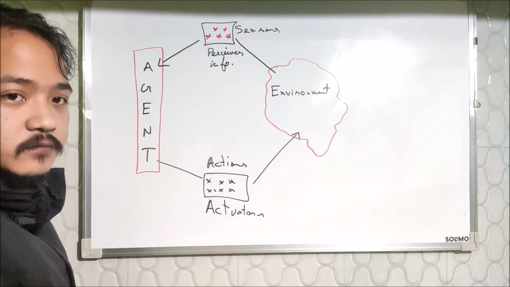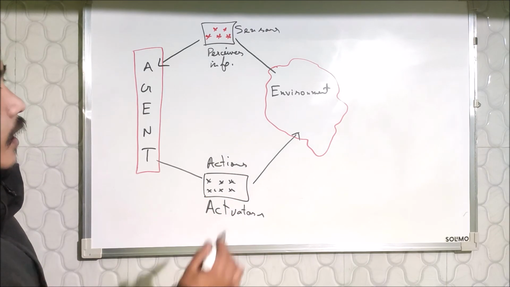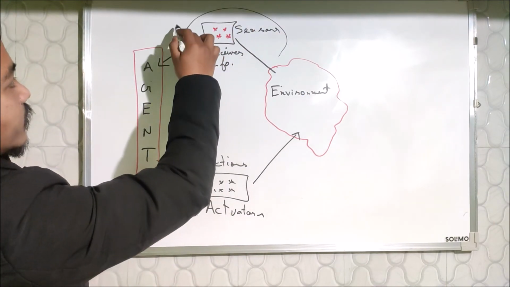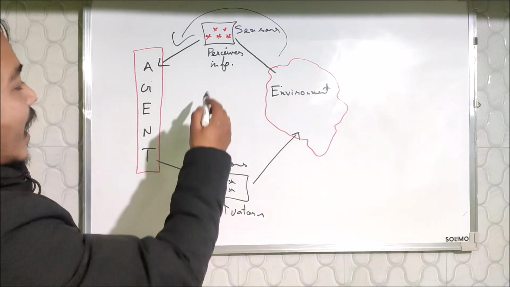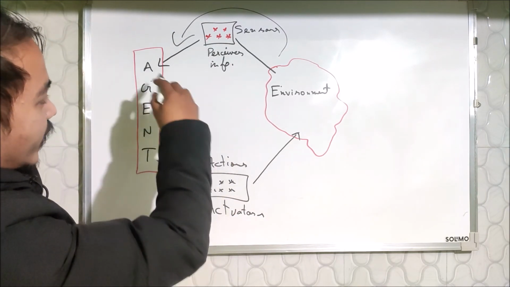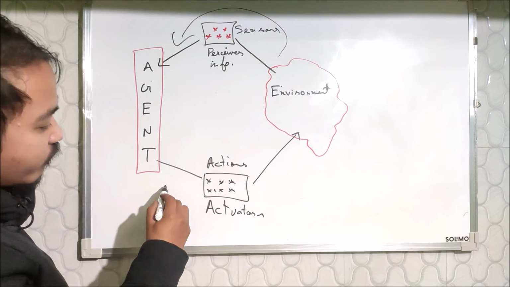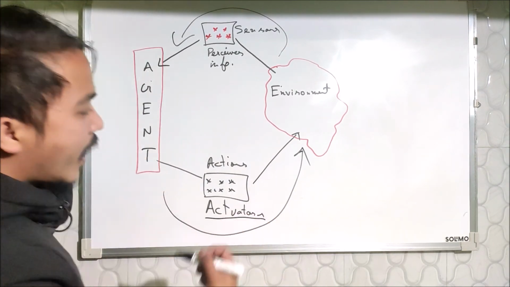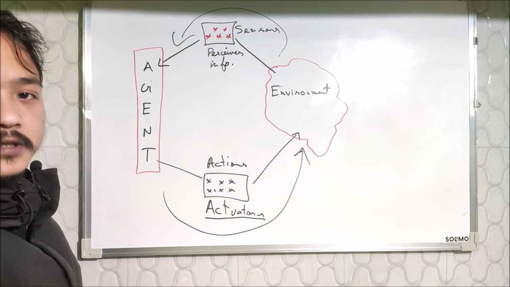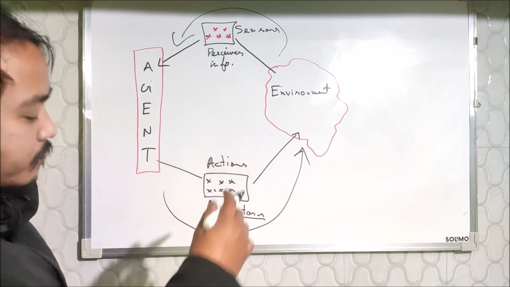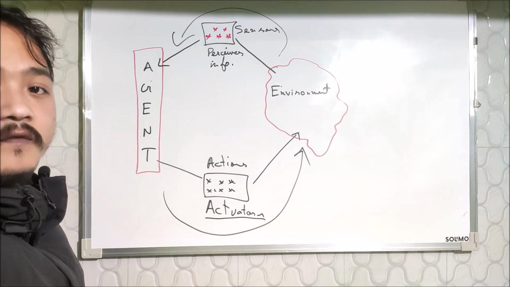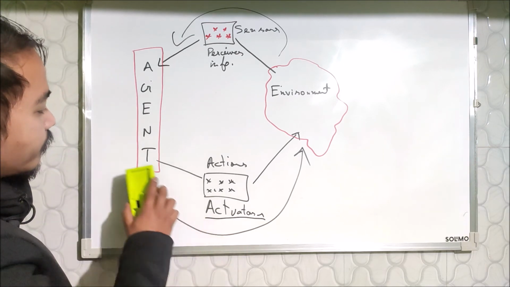First you have the environment and you have the agent. Now the agent perceives information from the environment, and based on the situation, whatever information it has gathered, it performs actions back into the environment through actuators. So this is a simple understanding, or simple definition, of an agent.